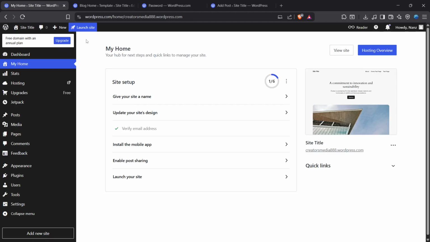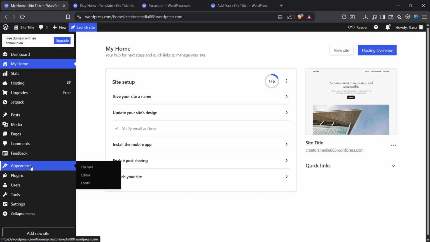using the built-in editor. First, go to your WordPress dashboard. This is the main admin area where you manage your website content and design settings. Once you're there, look over at the left-hand menu. Next, click on Appearance. This section contains the tools that control how your site looks, including themes, layout options, and